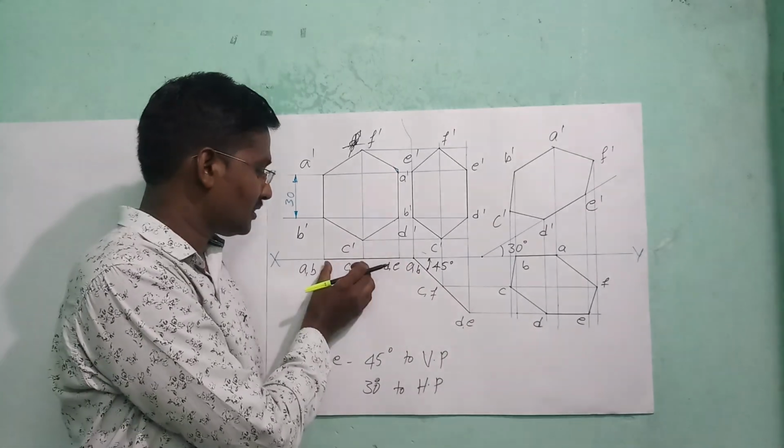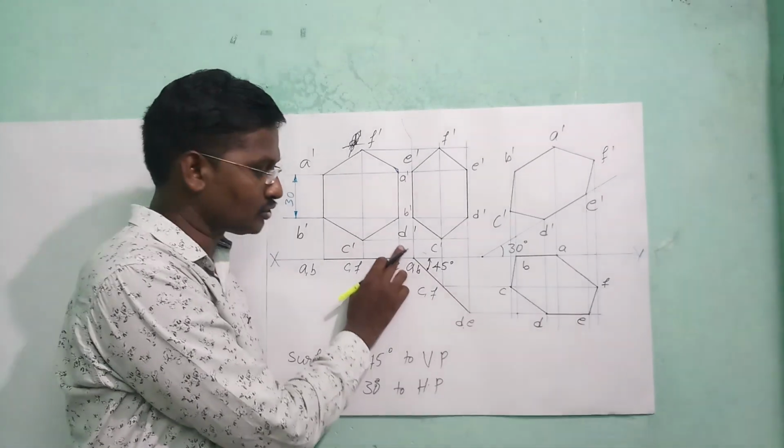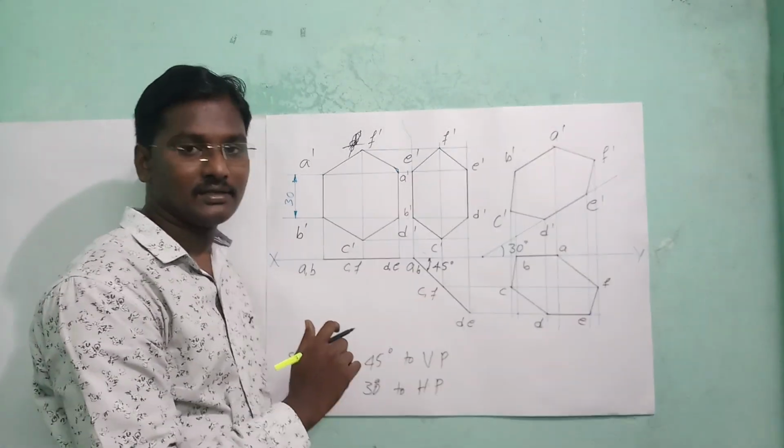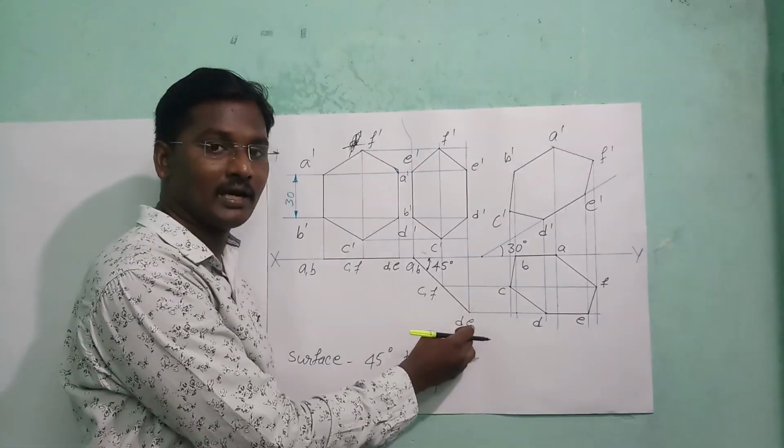Okay. Next, measure the distance of A to C in the compass. Take A as center, cut the line. Now join these 3 points as a straight line. Okay. Now look at all the points A, B, C, F, D, E.